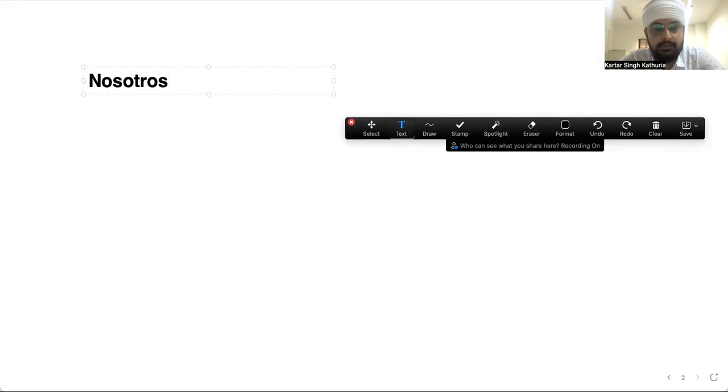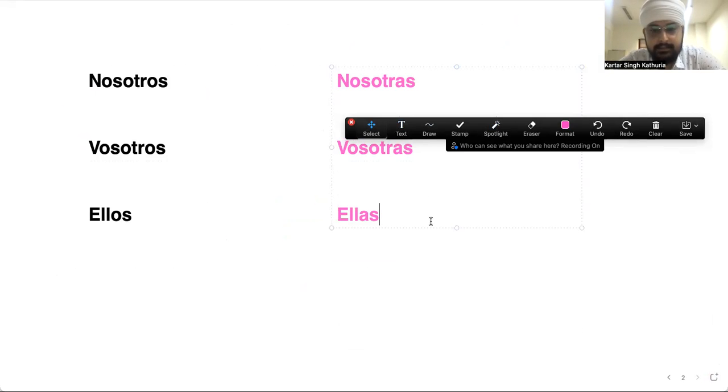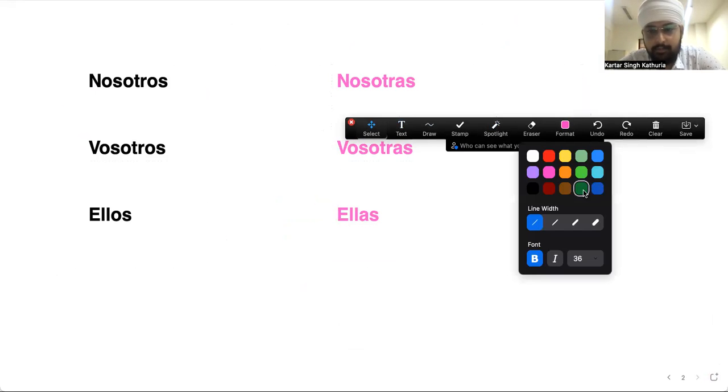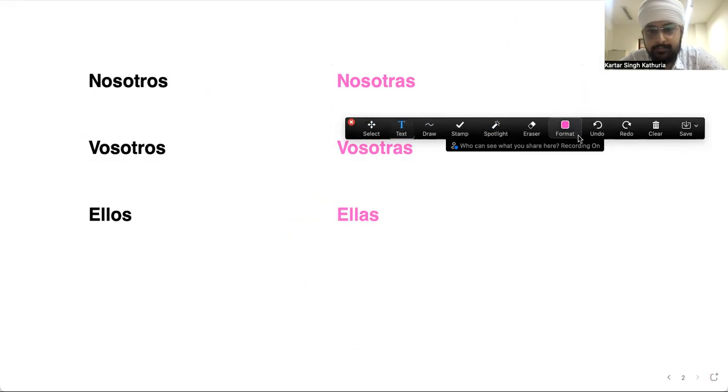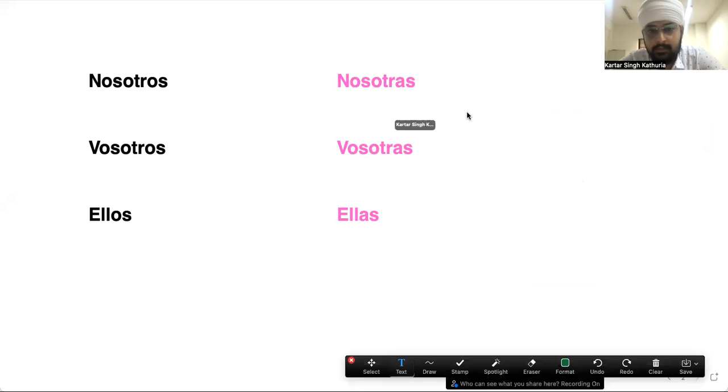Nosotros, and here we have nosotras. Also, we have vosotros and ellos, here we have vosotras and ellas. Like I mentioned before, I'm going to write down the meaning also. These words mean we or we all, you all, informal,